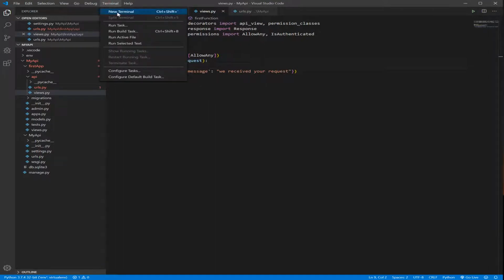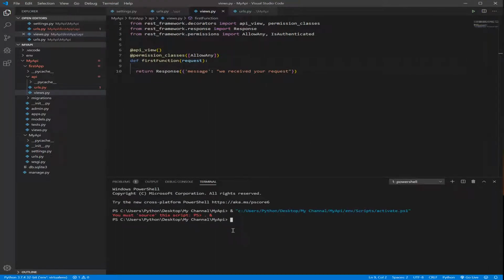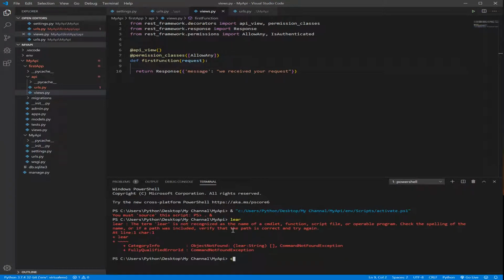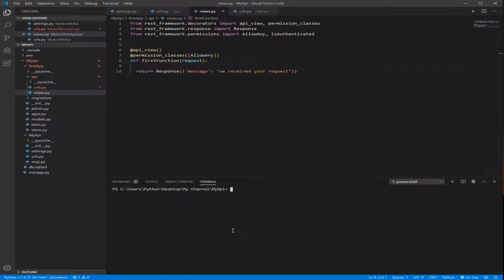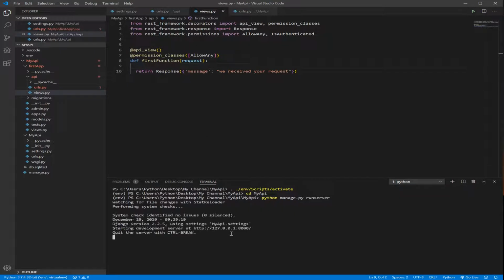So first thing first, let's start a terminal and run our server. First we need to activate our virtual environment, and then navigate to our API folder, and then run the server. Okay, so after we run the server,